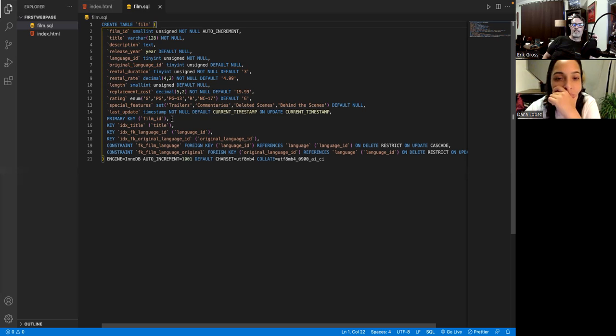Now, those last 2 keys that we made on line 17 and 18, on line 19, we do some magic. Now, never mind all this SQL in front of you. Let me just ask you a question. How many languages did we have in the language table? 6, I believe. Right. And they have primary keys 1 through 6, right? Okay. So let's go back to